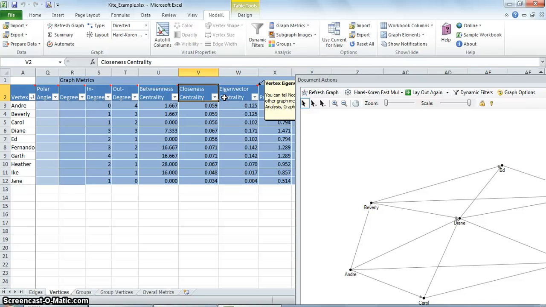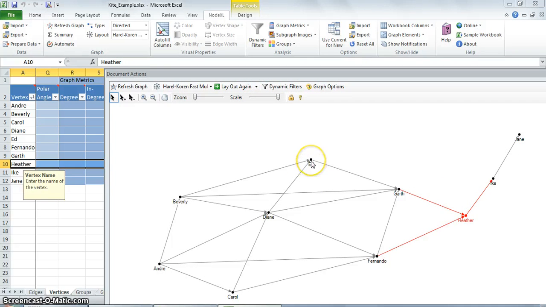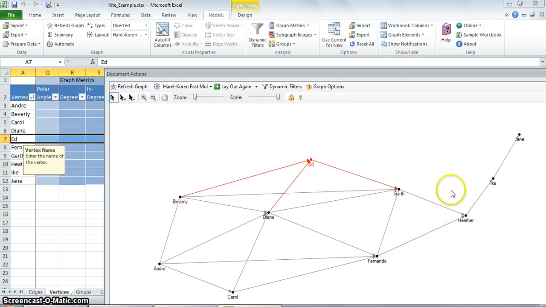In many cases, a connection to a popular individual is more important than a connection to a loner. So over here, the eigenvector centrality network metric takes into consideration not only how many connections a vertex has, that is its degree, but also the degree of the vertices that it is connected to. In the kite network, both Heather and Ed have a degree of 3.